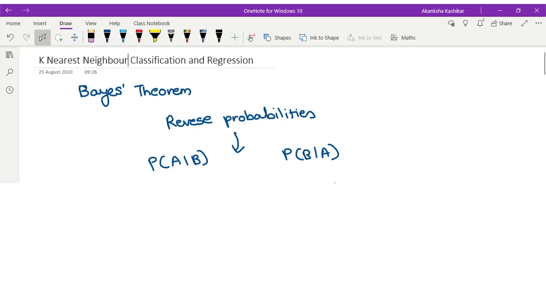This technique is based on one of the basic principles of statistics, that is Bayes theorem. We can develop a classifier using Bayes theorem. Now what is the Bayes theorem? All of you have studied Bayes theorem in BSc. So what does Bayes theorem do? Bayes theorem mainly tries to reverse probabilities in some sense. How reverse probabilities? So you have, say, probability of A given B, and you want to use it to compute probability of B given A. Then Bayes theorem gives you a way of doing that. So in that sense, Bayes theorem can be used to reverse the probabilities.